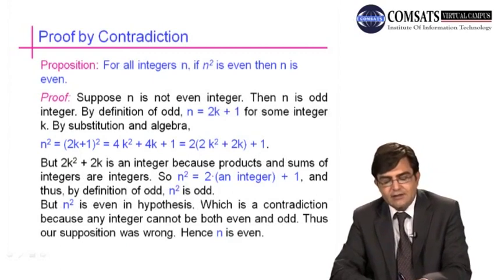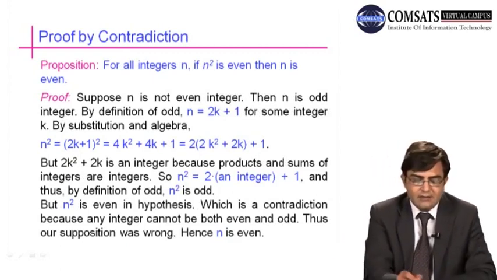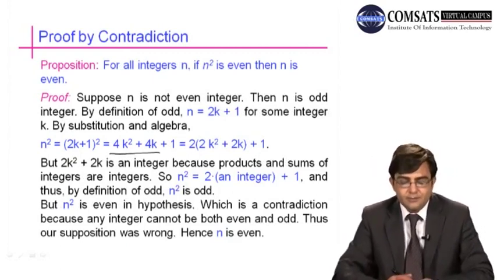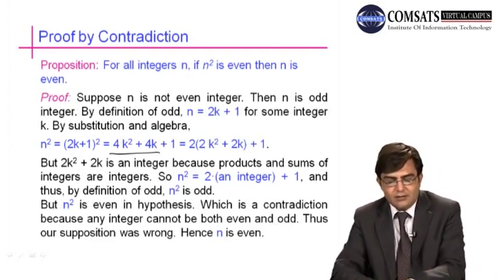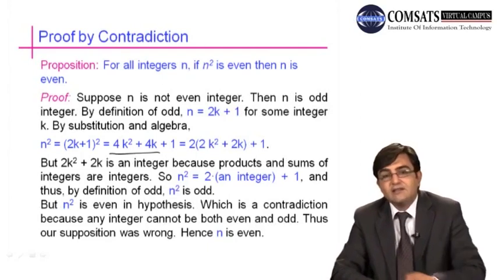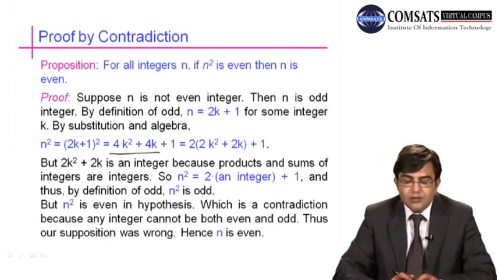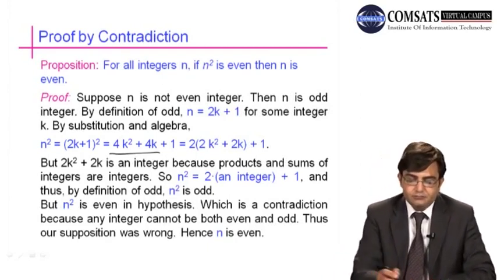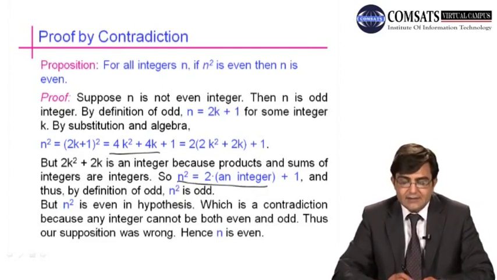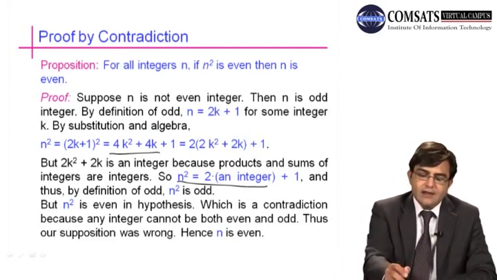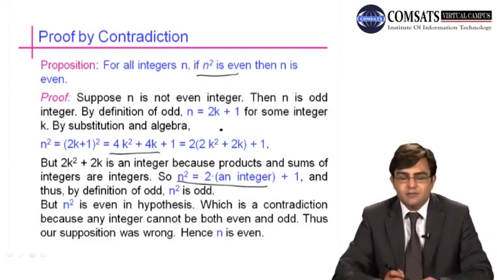Again we write this as 4k square plus 4k plus 1. We take common 2 out: 2 into 2k square plus 2k, plus 1. So n square is again written as 2 into some integer plus 1. What does it mean? It means that n square is odd. But here in the supposition we have supposed that the hypothesis of this conditional statement is